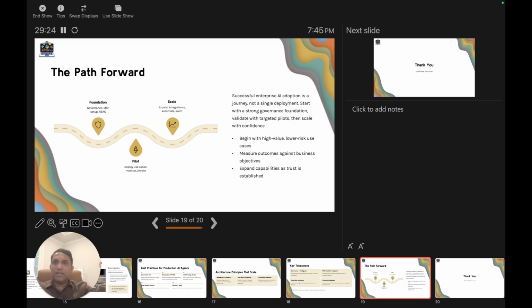Measure outcomes against real business objectives, not vanity metrics. And expand your capabilities as trust gets established. Trust is earned incrementally, and the architecture I have described is what lets you earn it safely.